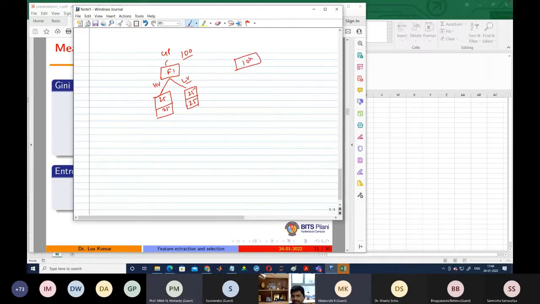When we go for the 10th marks, the same scenario, the higher value of 10th marks and the lower value of 10th marks, here we are getting the value 50, 0, and here we are getting the value 0, 50. It means 50 students are getting the dream job and 0 students are not getting the dream job. Now you tell me which one is the important feature. But you can see, if you are going through the CGPA, you check whether the student's CGPA is low or high. If the CGPA is low, you are saying there is a 50% chance you will get the dream job, and a 50% chance you will get a non-dream job, because this is the historical data.